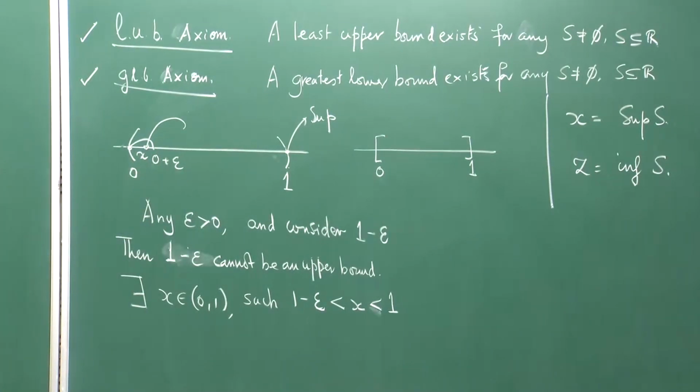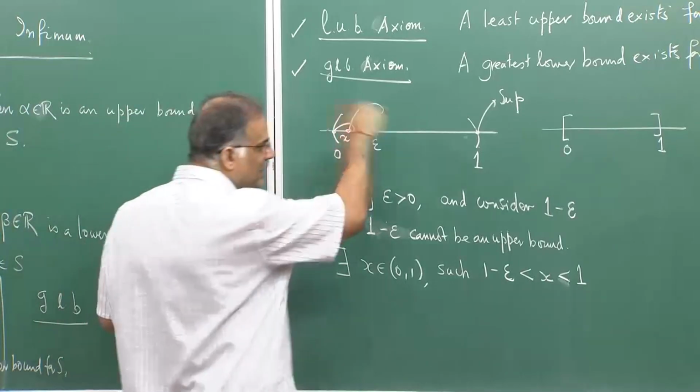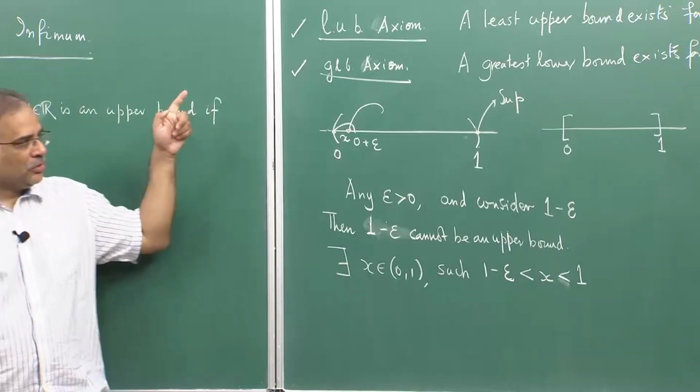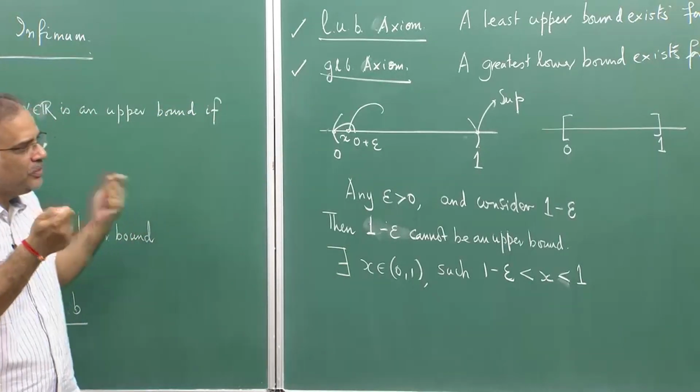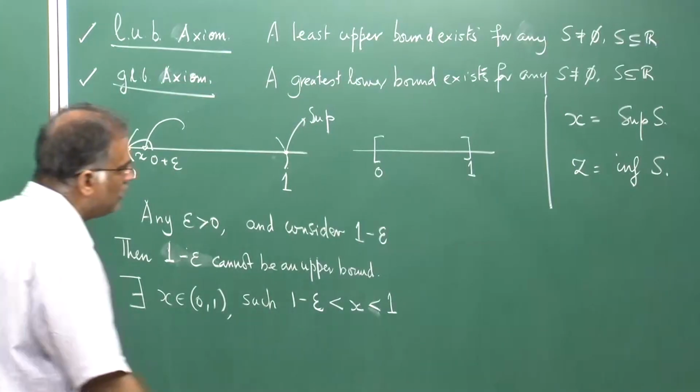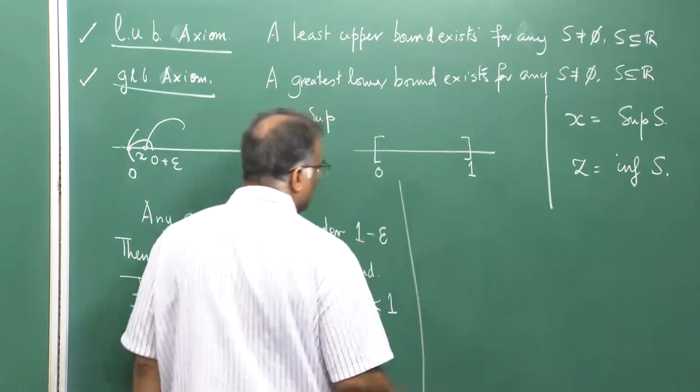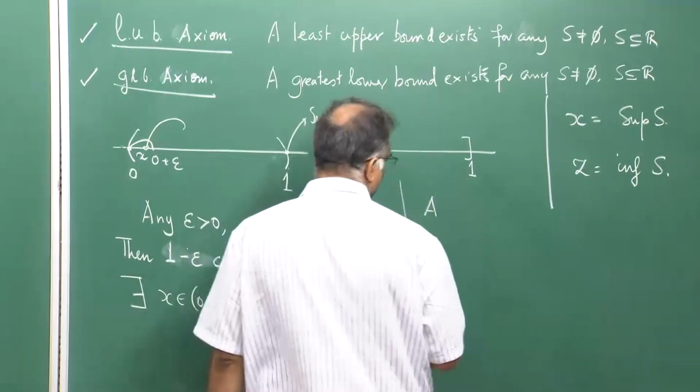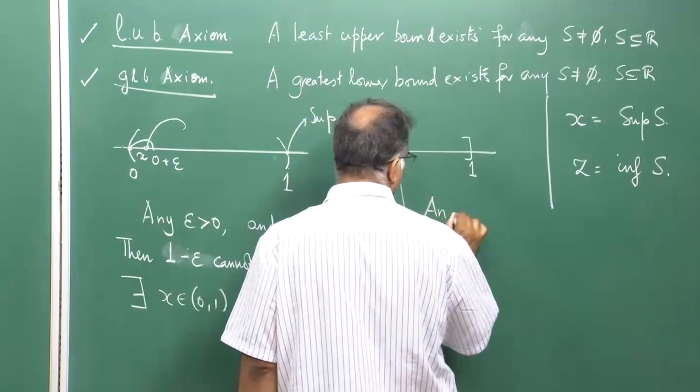If you go back and look at the discussion on maximum and minimum, that is what it means. If you look at the image space of a function, f of a b, then we are trying to find the maximum and minimum, basically a supremum and infimum which is in that set. So, this is a subtle difference between infimum and minimum, supremum and maximum. So, what is the general way of writing